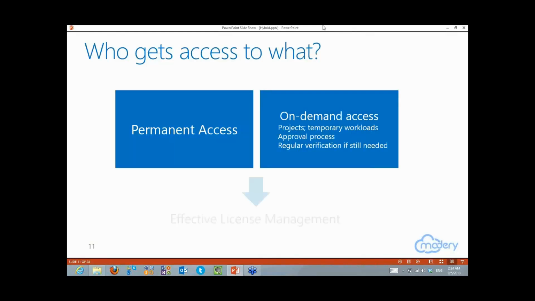So that's when you then, of course, should plan. The goal is really to plan for it properly and to put in some good processes like approval processes and verification processes so that you have some effective license management. That's still a bit tricky to manage, so what you may need is to either verify it